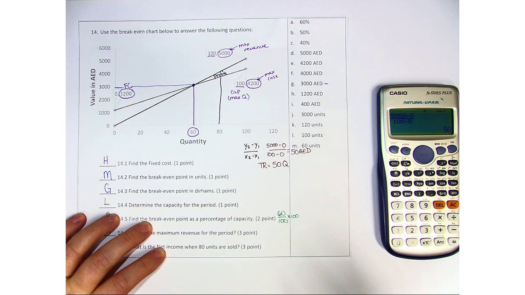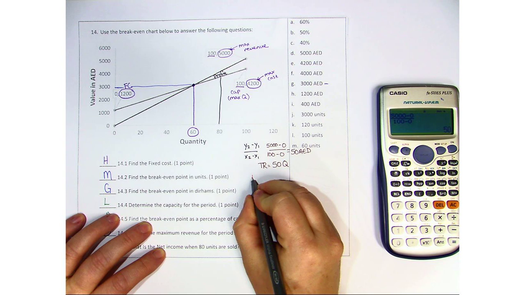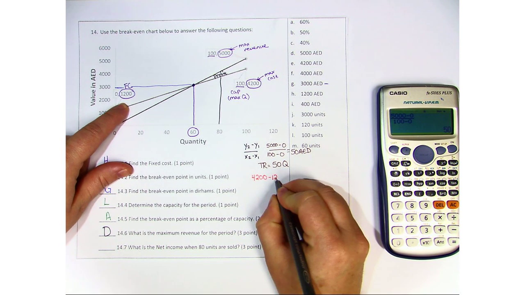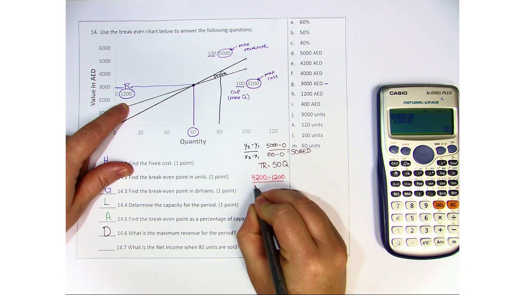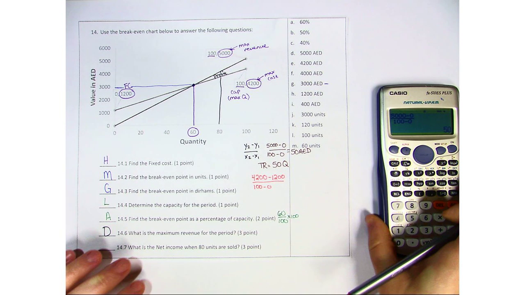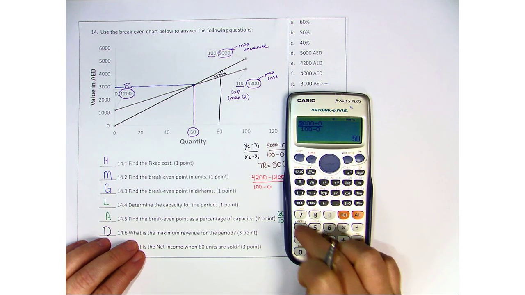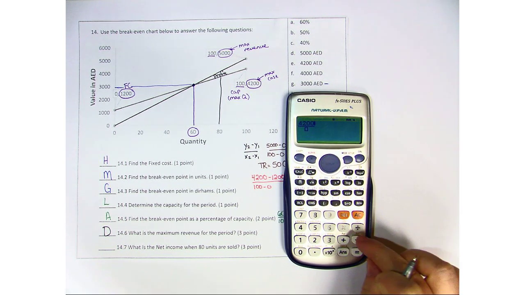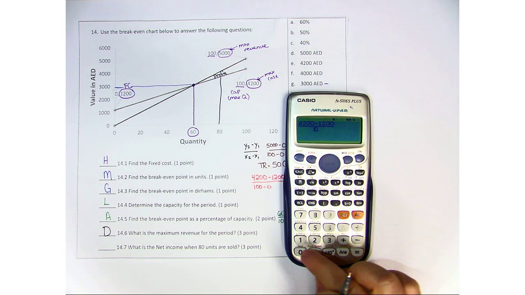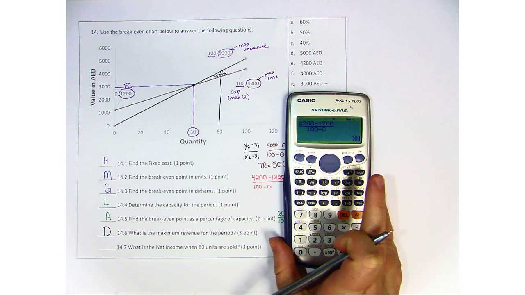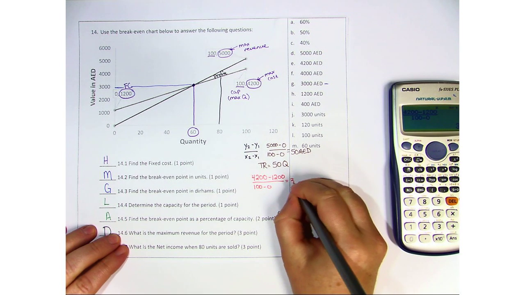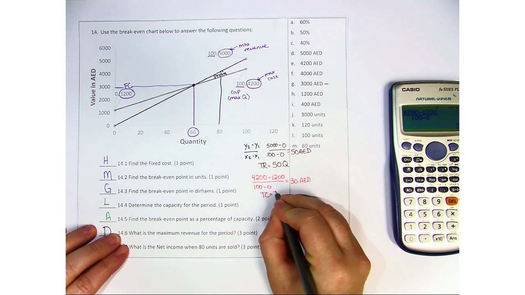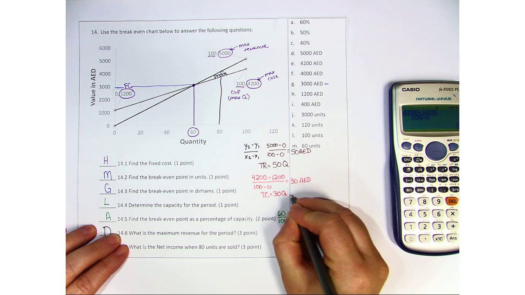Now the next one is total cost. So we're going to go ahead and do that. 4,200 minus my fixed costs, 1,200, divided by 100 minus 0. So we'll put that into the calculator. 4,200, oops, forgot to put a fraction, minus 1,200 over 100 minus 0, and I get that my unit variable cost is 30 dirhams. So my total cost equation is 30Q plus